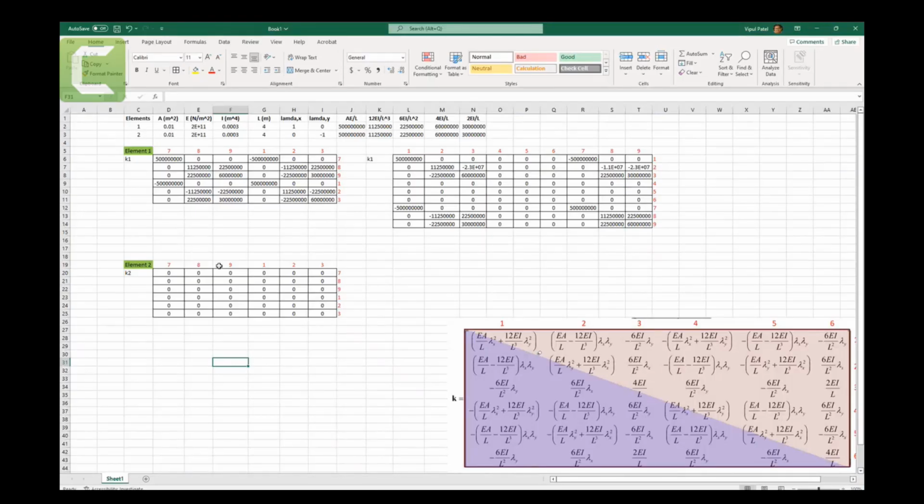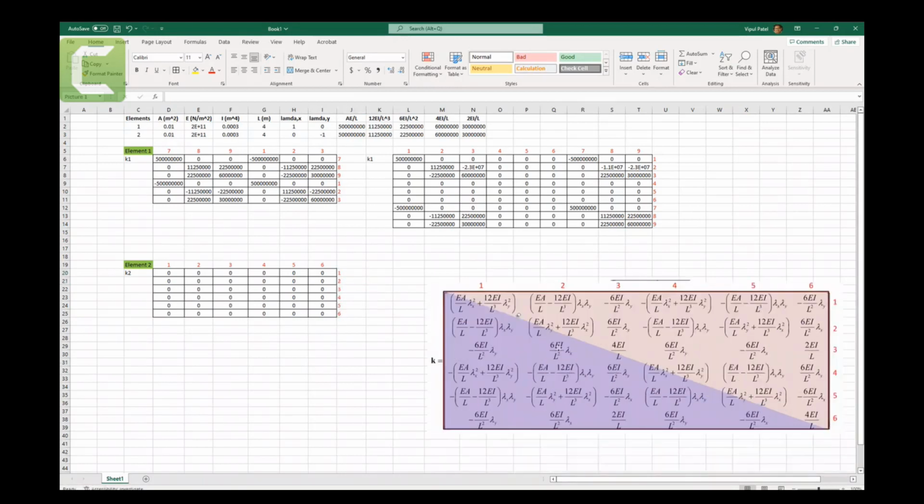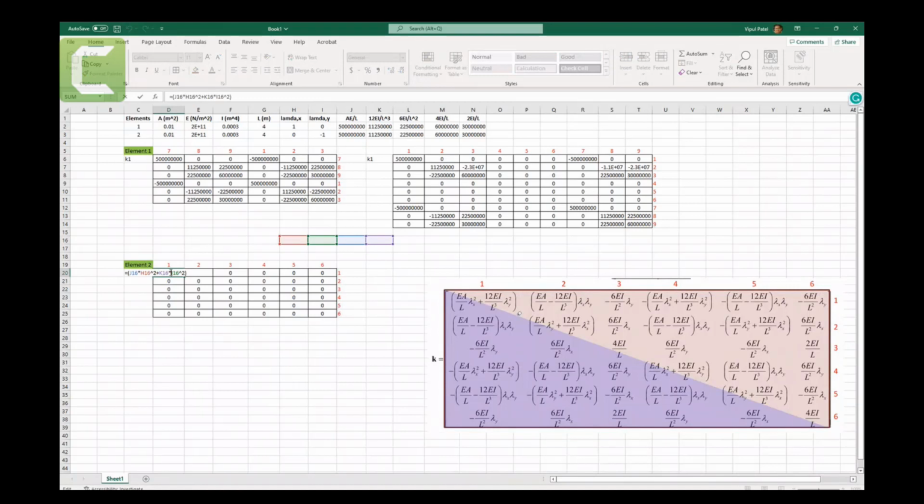So that is our notation 1, 2, and 3. So and then 4, 5, 6, and 1, 2, and 4, 5, 6. So that's easy. Now we just need to do it exactly the same. These things need to go here. This thing needs to go here, and this. So